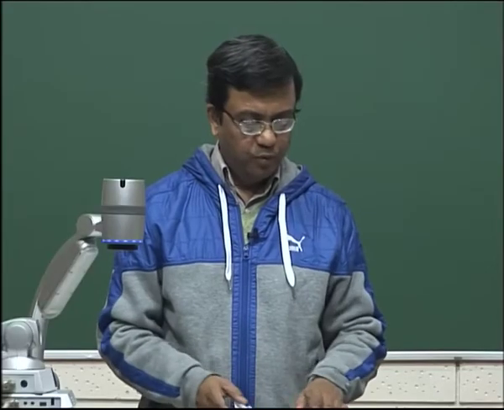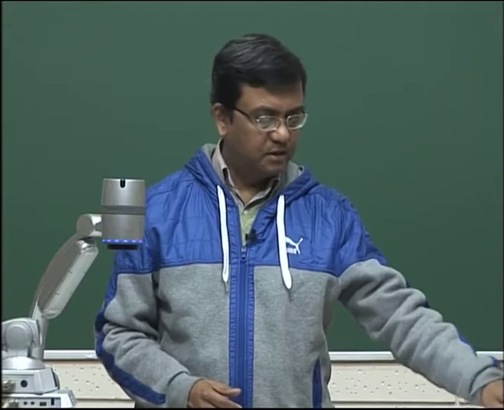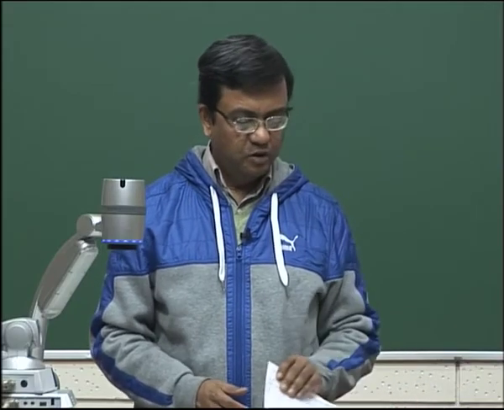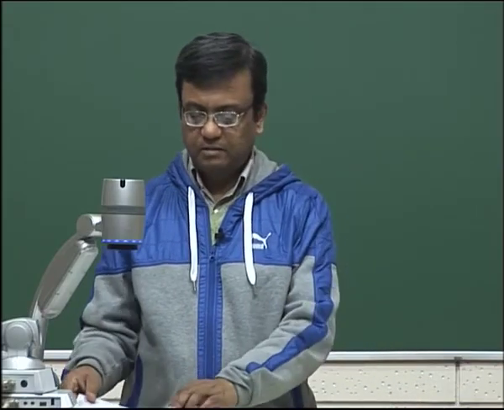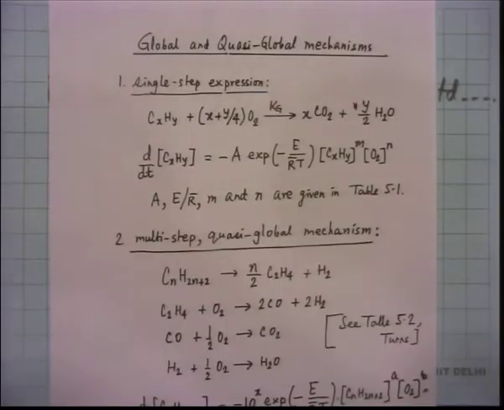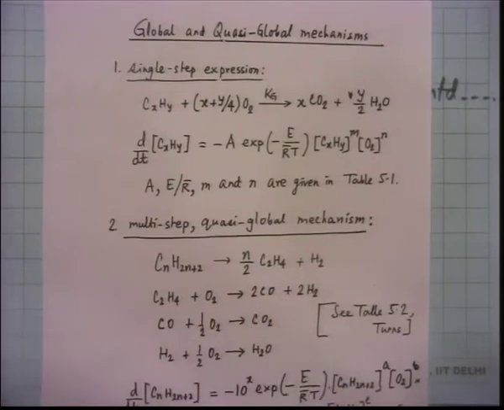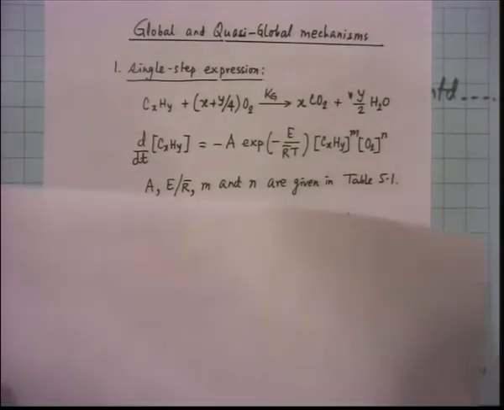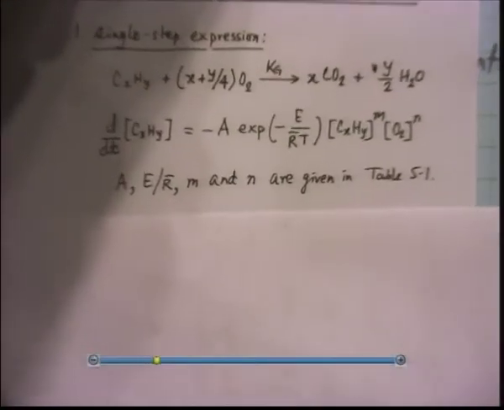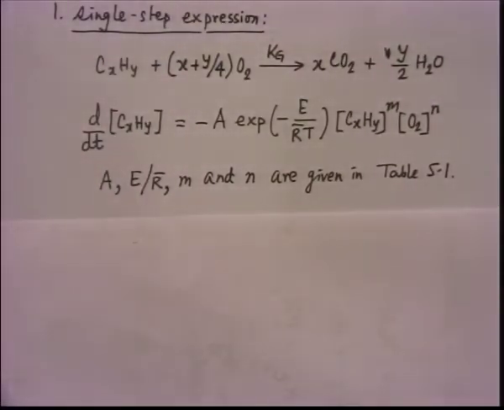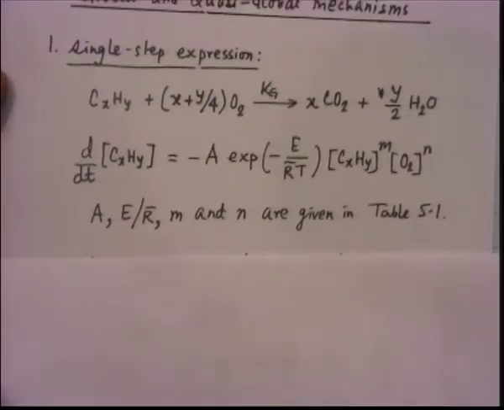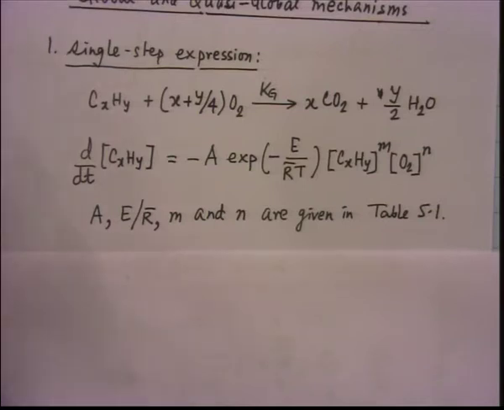Now, we have done some level of chemical kinetics discussion, and we have seen complications, but sometimes we do not work with such complications, and we work with things which are easier. So, we work with, for example, global and quasi-global mechanisms. If you have CxHy, that is a hydrocarbon, right. We are very much interested in hydrocarbons.